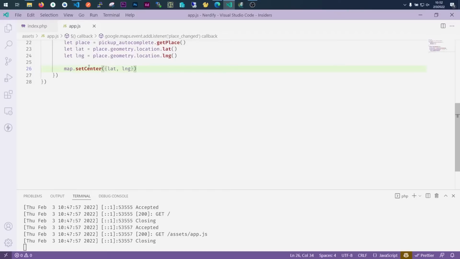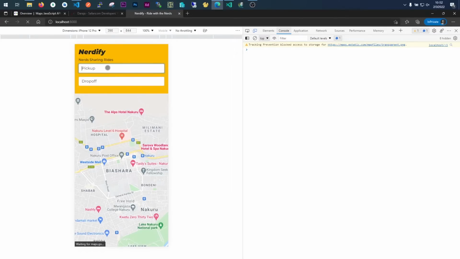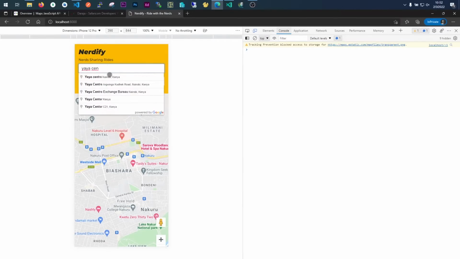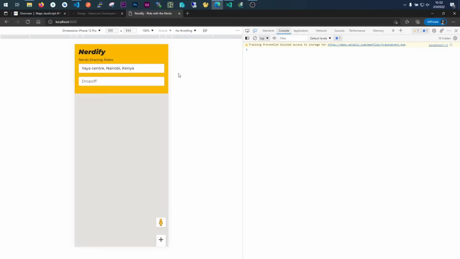So if we save this and now go to our map and reload it, and say we are at Yaya Center, our map will automatically zoom to that place,